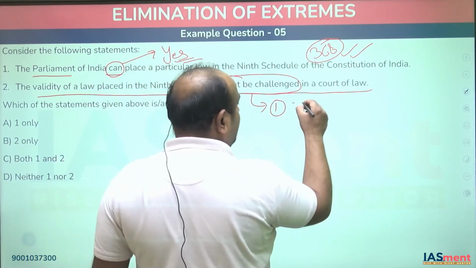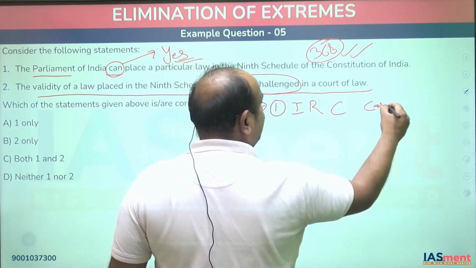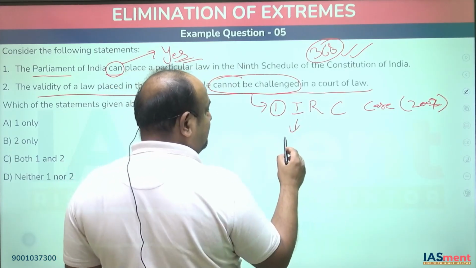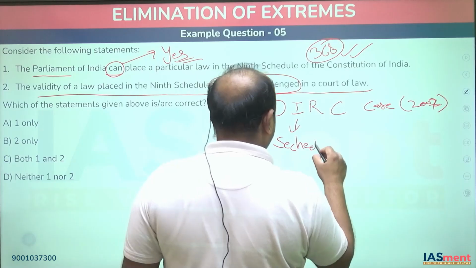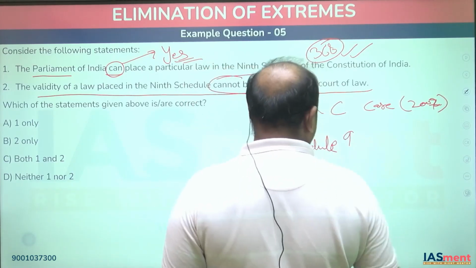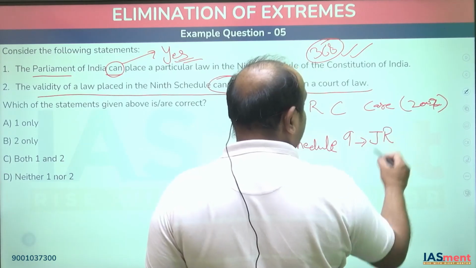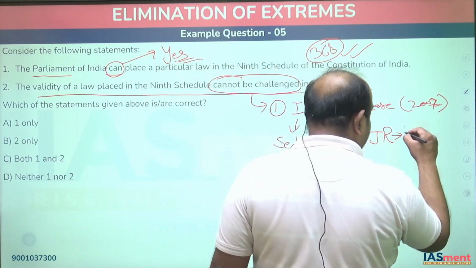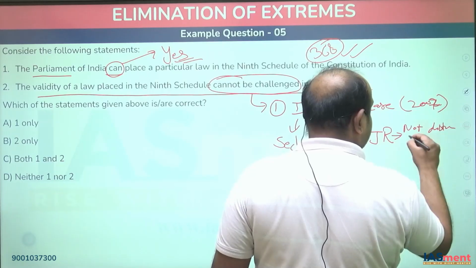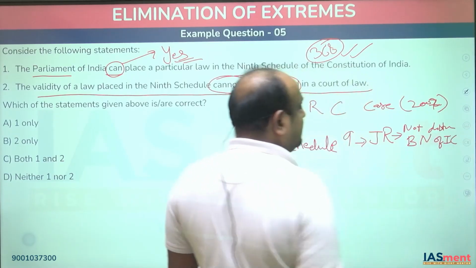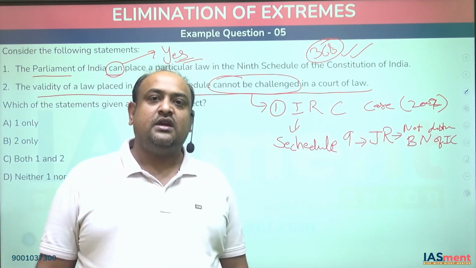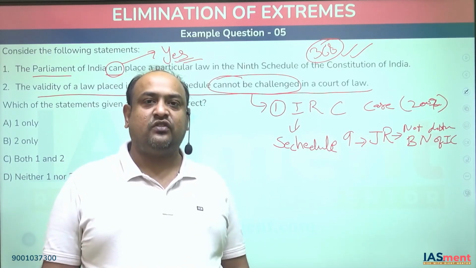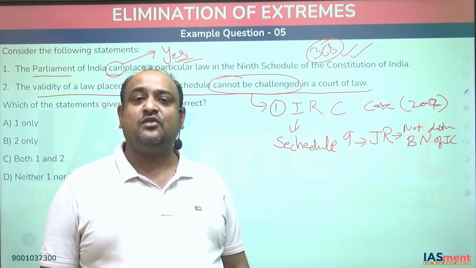पहला, अगर आपको आईआर कोहेलो केस के बारे में पता है, जो 2007 में हुआ था, यहाँ सुप्रीम कोर्ट ने क्लियरली बोल दिया था कि even the laws placed in Schedule 9 are subject to judicial review to the mark that they are not disturbing the basic nature of Indian Constitution. यानी कि आप इसमें जो भी लॉ डालोगे वो भी जुडिशियल रिव्यू के लिए एलिजिबल है, लेकिन उसको हम वहीं तक देखेंगे कि वो कॉन्स्टिट्यूशन के बेसिक स्ट्रक्चर को डिस्टर्ब नहीं कर रहा। ये सुप्रीम कोर्ट ने 2007 में आईआर कोहेलो केस में बोला।